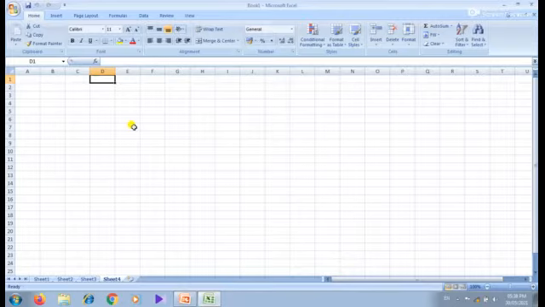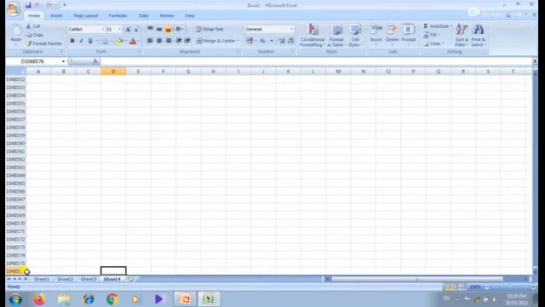In Excel 2007, how many rows do we use? I will explain. We can see it here itself. When we press Control plus Down Arrow, this is the last row: 10,48,576 rows.